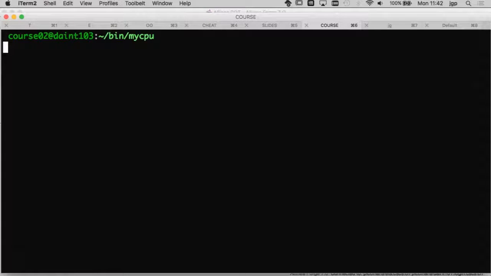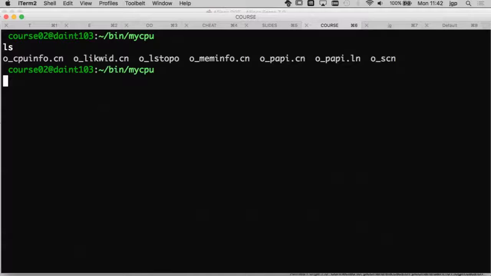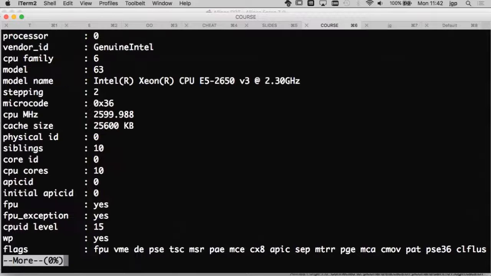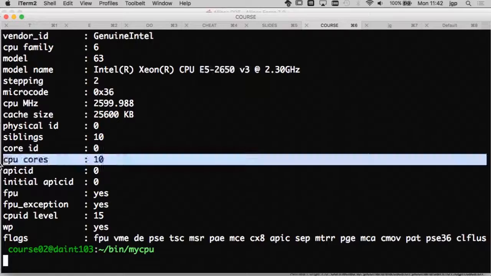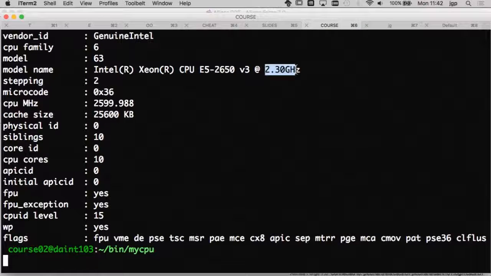The only way to access the compute node is to use a Slurm command called srun. For example, if I do this, because I want to know the type of CPU that I have on my node, you will see here that I have an Intel CPU, in this case a Haswell CPU, with 10 cores and a frequency of 2.3 gigahertz. But actually, if I do the same on the compute node, I will call the srun command.